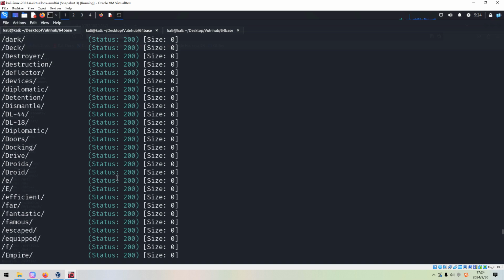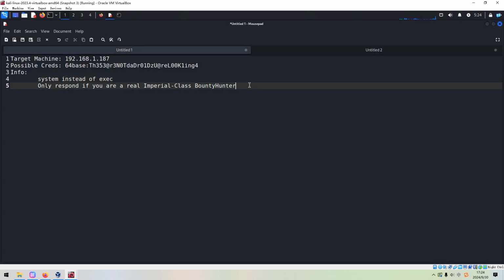And the other response, although the status code is 200, the size of the response is 0. In other words, we cannot get anything from this directory. Okay, so I think we have already found the directory from the robots file, which is admin.